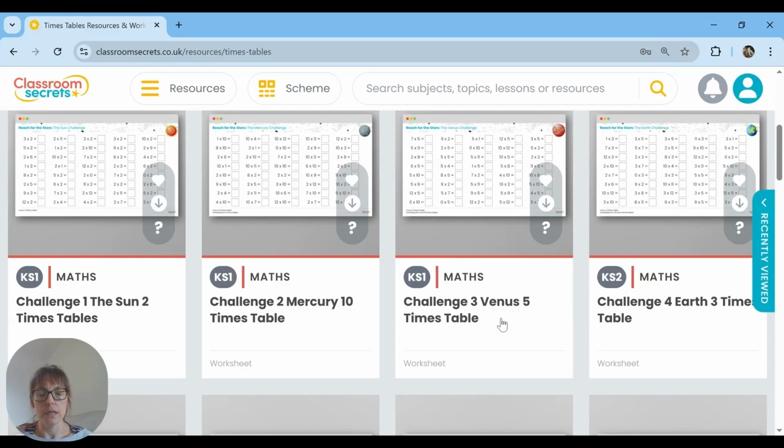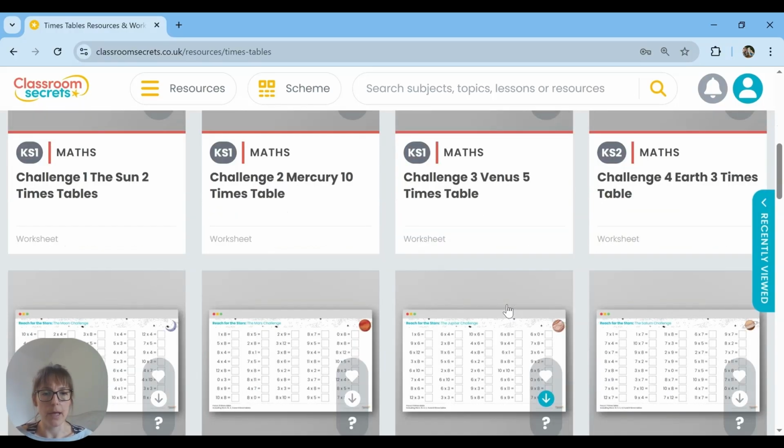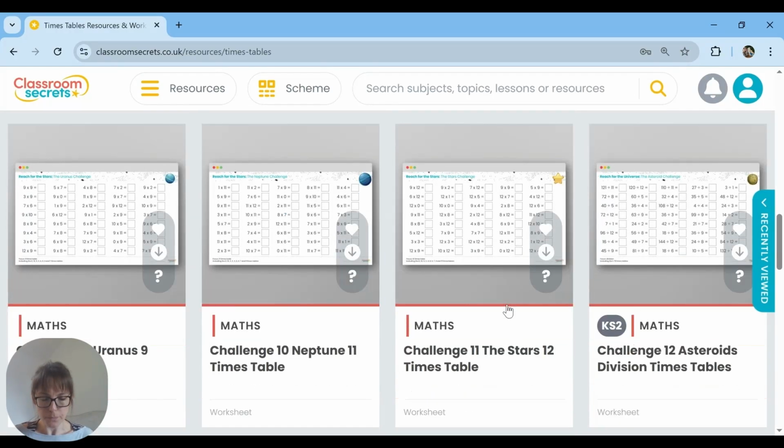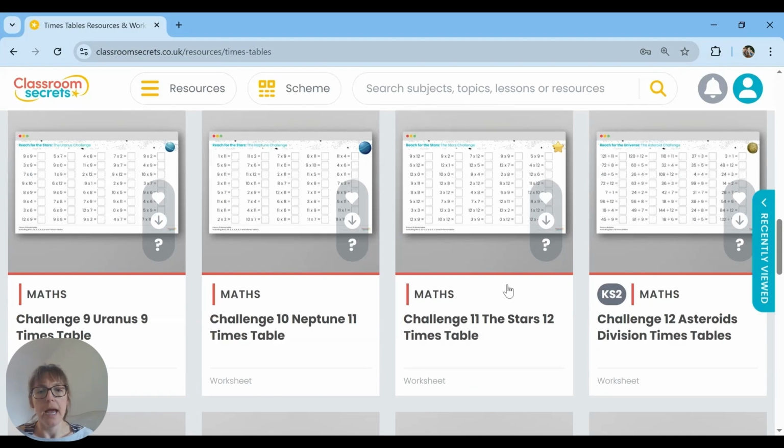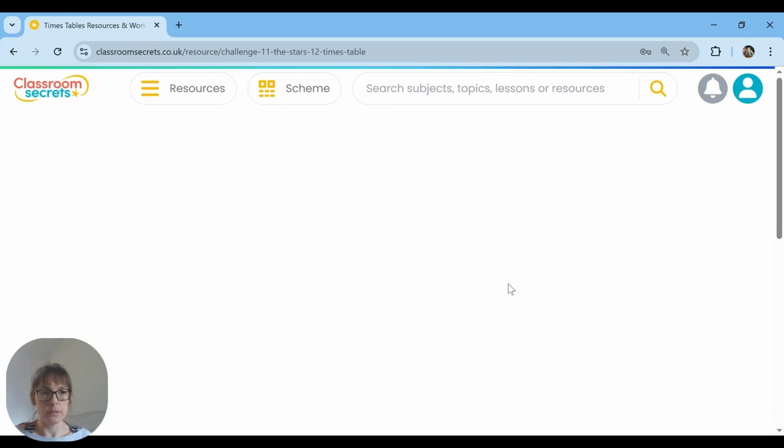Then Venus, the third challenge, focuses on the 5 times table, but again includes revision of the 10 and the 2 times tables. So they continue in this similar way all the way to challenge 11, which is the stars, and this is times table number 12, where the 12 times table is taught, and there's also a revision of all the previous times tables. So if we look at this one in more depth,